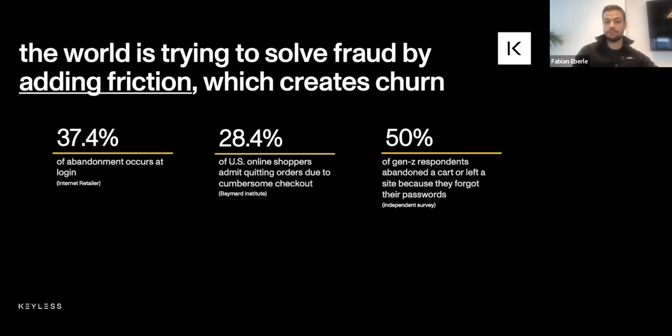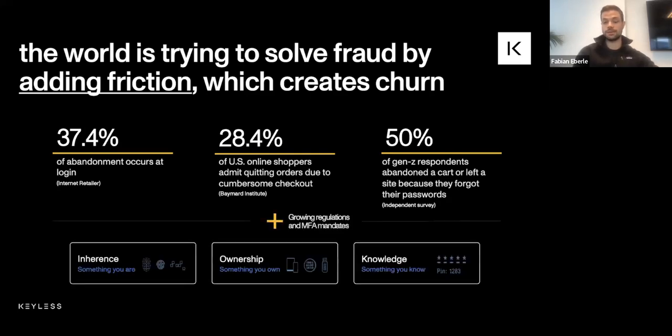And if this isn't enough, there's also a regulatory hurdle that many businesses need to comply with, which mandates multi-factor authentication to protect the users against these very frauds and security aspects that we've described. This is typically a combination of 2 out of 3 factors: an inherence factor, something you are, like your fingerprint or your face; something you have, a device you own, a hard token; and something you know, like a